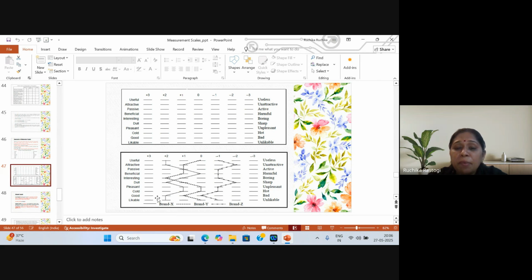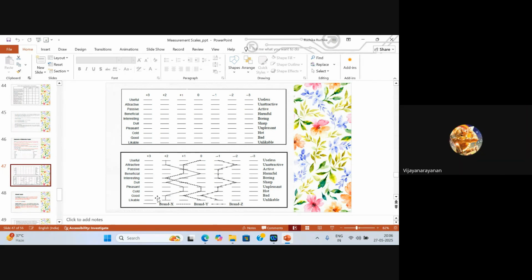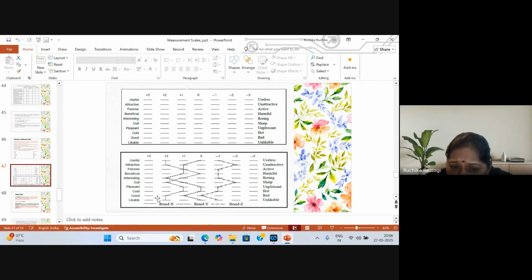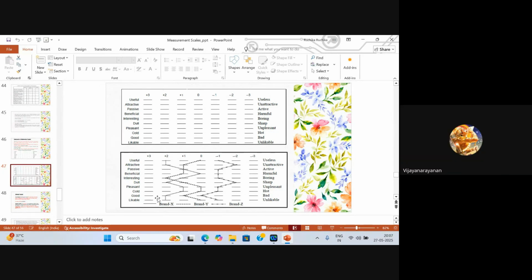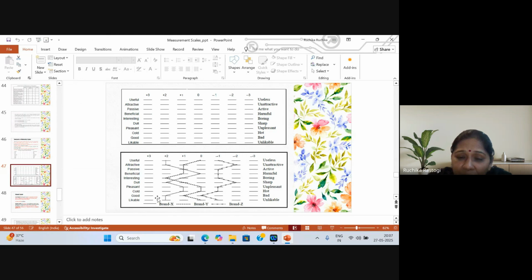Brand X. Brand Z, sir. No, Brand Z. Yes, sir. Just a minute, ma'am. So, which brand is it? Brand Z. Yes. So whenever you put these kinds of tables in your research work, even your